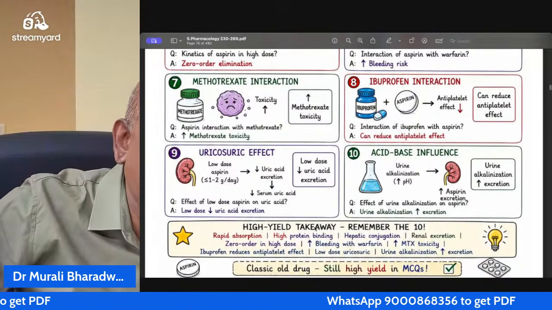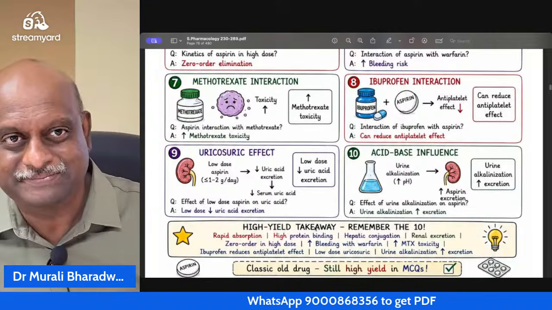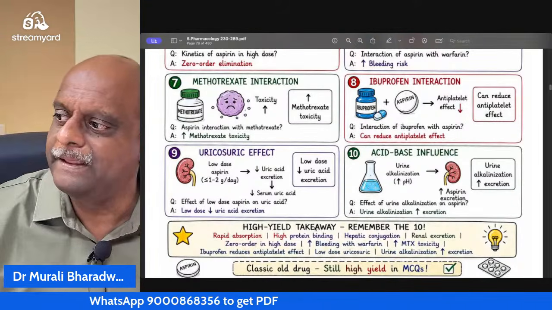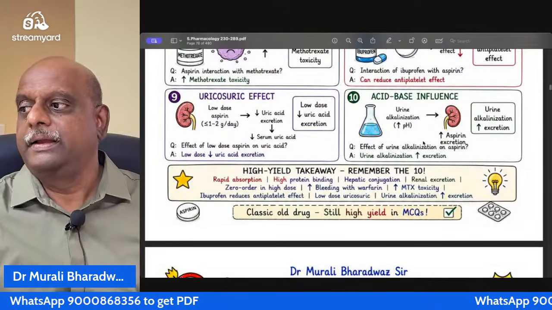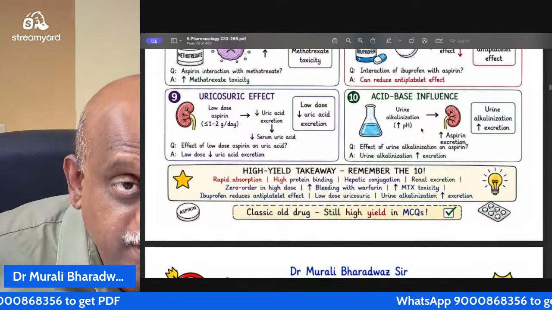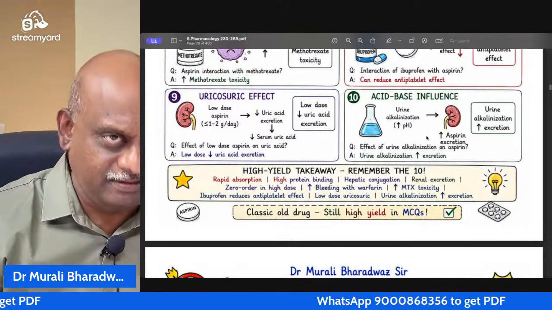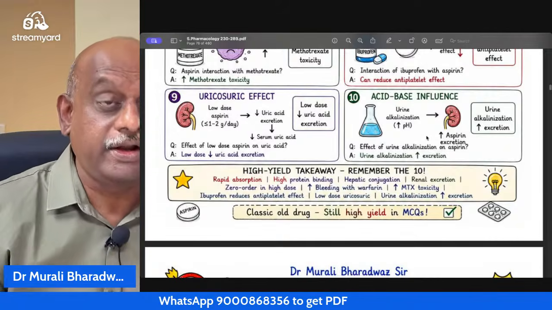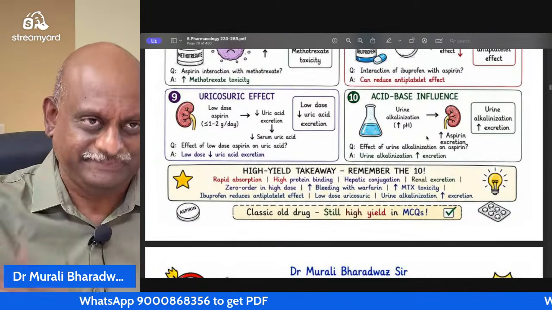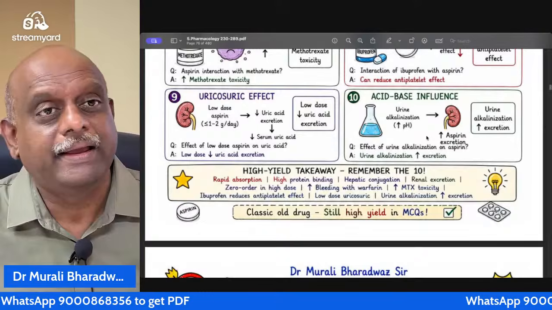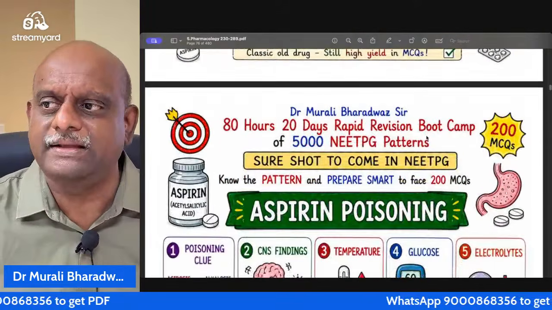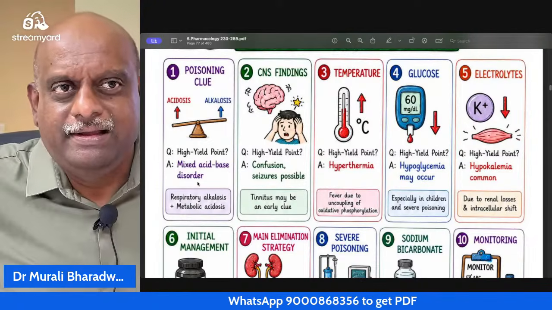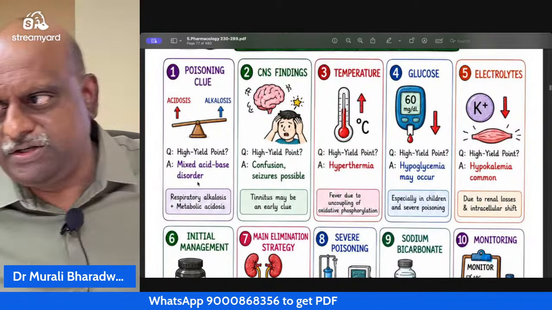Opposite. This is a very important question: low dose, high dose aspirin on uric acid excretion. What is the effect? Then, if you alkalinize the urine, because aspirin is a weak acid, it will hasten the excretion of the aspirin, urinary alkalinization. So what type of acid-base disorder will you get? Respiratory alkalosis, metabolic acidosis,